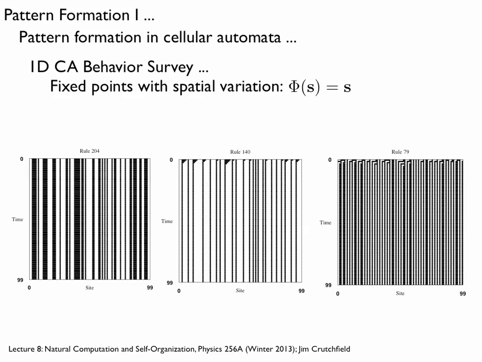In fact, if you go look up Rule 204 and you lay out the lookup table, what you see is that it's just copying the center bit in the 3-bit configuration, so it's just the identity map. Kind of trivial. Fixed point. Like every configuration is a fixed point. And none of them are stable. Now, Rule 140 here,